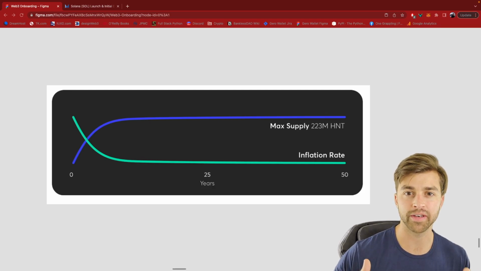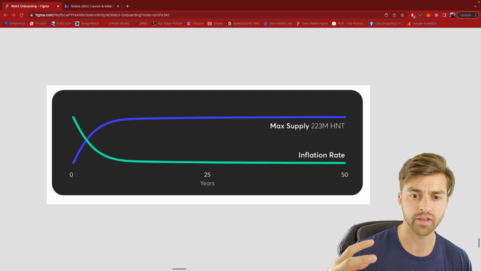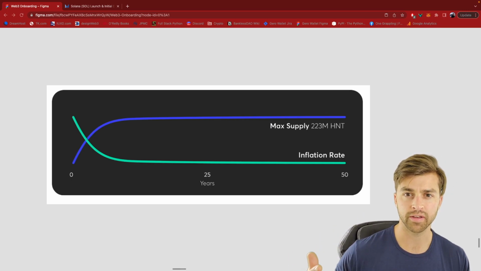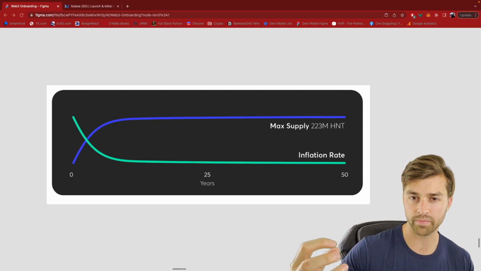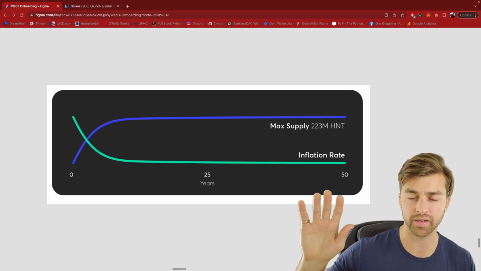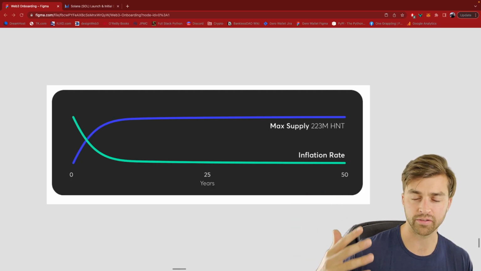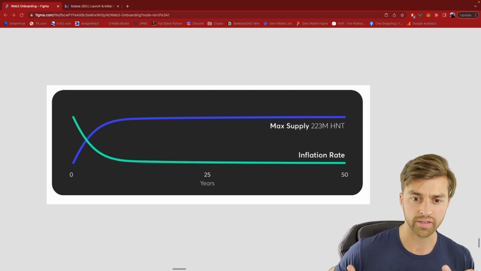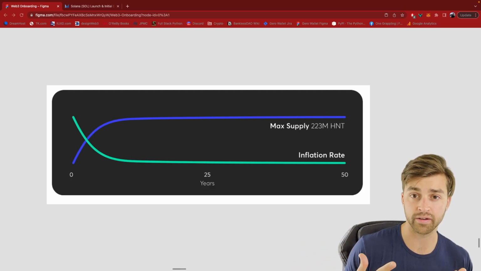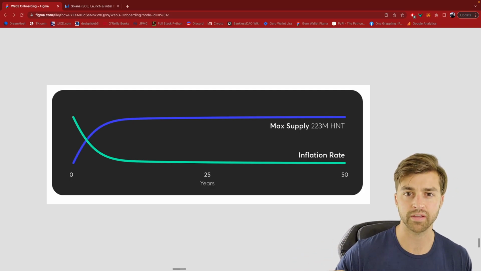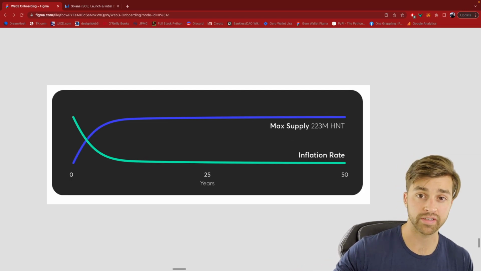Tokenomics is short for token economics, and this has to do with the monetary policy of the Web3 token. Since these are digital assets, we can program any monetary policy into the Web3 token. So Bitcoin has a fixed supply of 21 million Bitcoin. Ether is different. It is an inflationary token, but there are other economics that are being built into it, such as the burning of Ether fees.